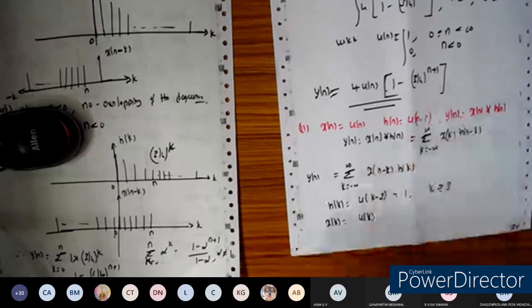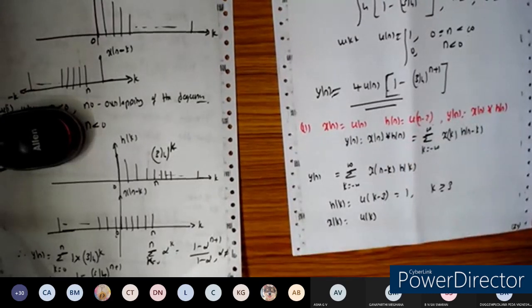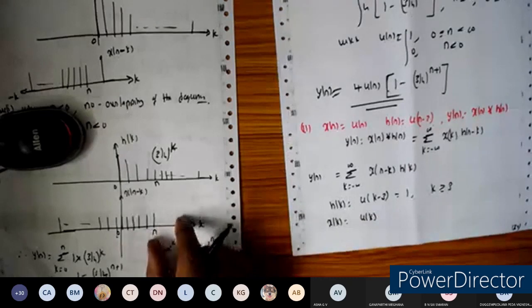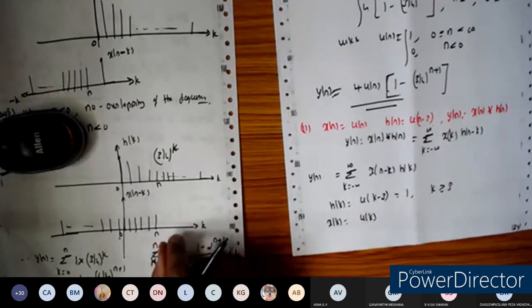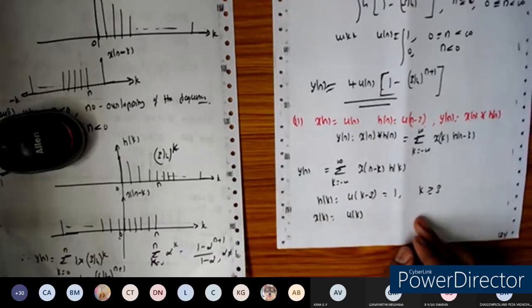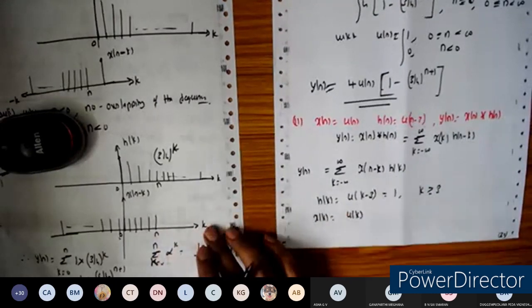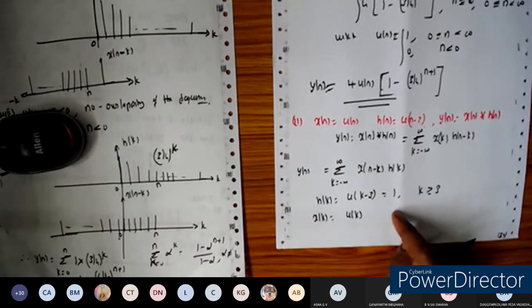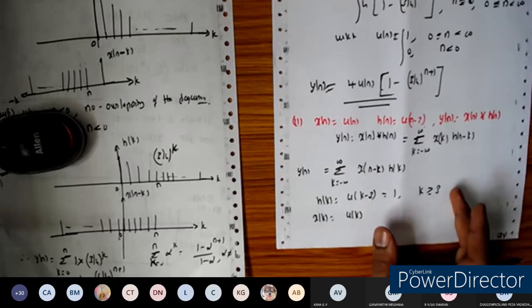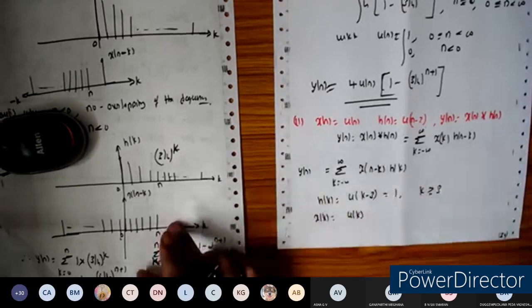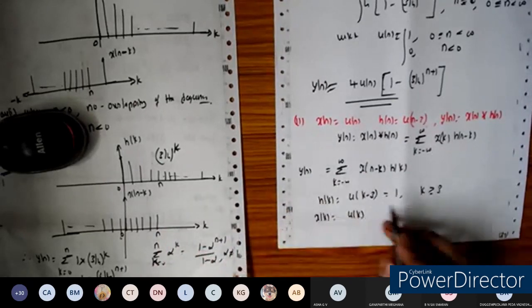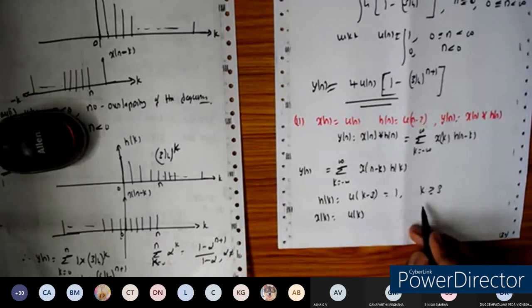Another method we can solve instead of the graphical method is a mathematical method, but I'll not teach that method to you. If I teach that method, you will get confused about the graphical method. So it's better to go for the graphical method. We can plot the waveforms and easily get the solution. Once you get used to the mathematical method, you'll feel some difficulty going for the graphical method. That's why I'm not going to teach how to solve without drawing the waveforms.